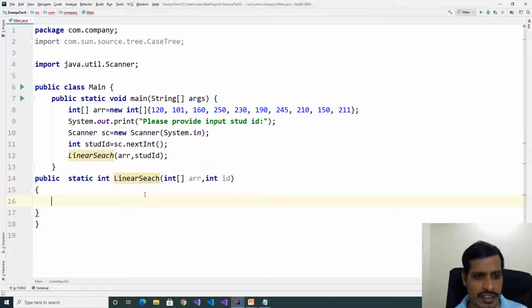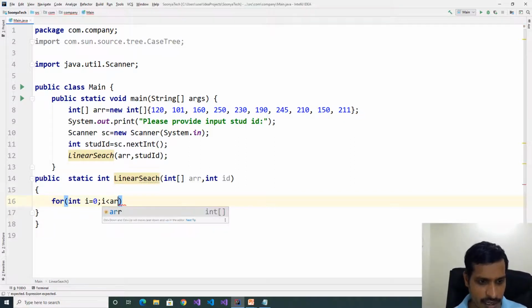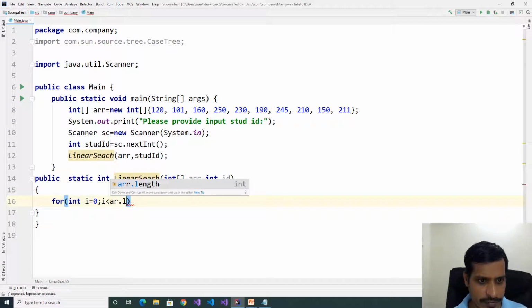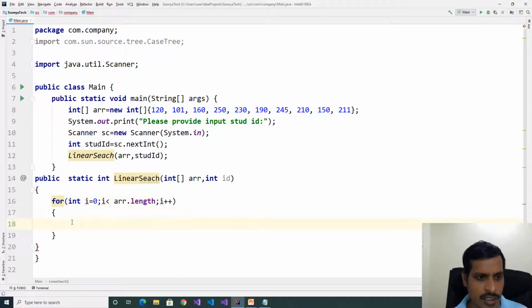Now we need to find whether the given input id is available in the list or not. So we need to iterate the list using a for loop: for int i equal to 0, i less than arr.length, i plus plus. Now we need to compare the input value with array values using an if condition.